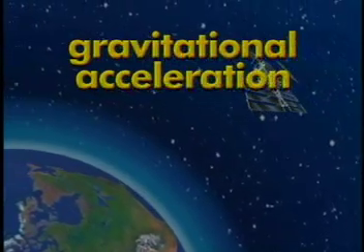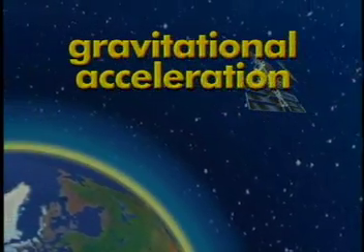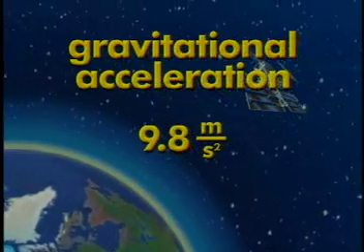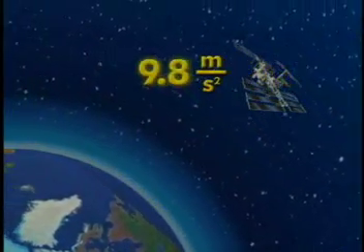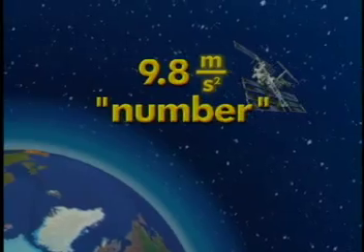Now, before we visit Dr. Olson, let's review the math concepts of measurement and graphing. Measurement. It usually tells us the size of something and consists of a number and a unit. For example, the gravitational acceleration at the surface of the Earth is 9.8 meters per second squared. 9.8 is the number, and meters per second squared is the